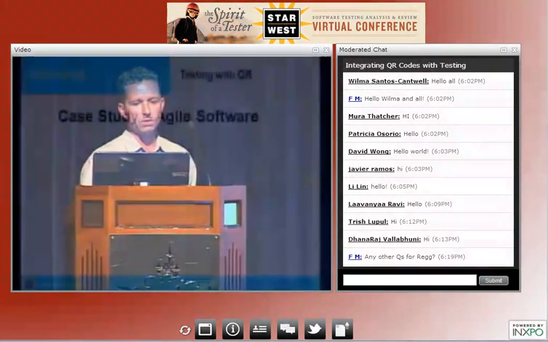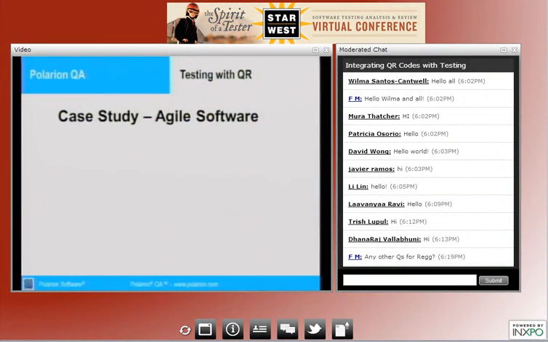Another use case is with Agile software. So you have your stand-up meeting, and obviously there are tests that are going to be discussed within that stand-up meeting. A lot of times it might be notes, it might be sticky notes, it might be just an informal discussion. One of the key areas is that you have to go back to your laptop or your computer, and you have to remember what those tests were and what the discussion and action items were. What's really nice is if you use the QR code,